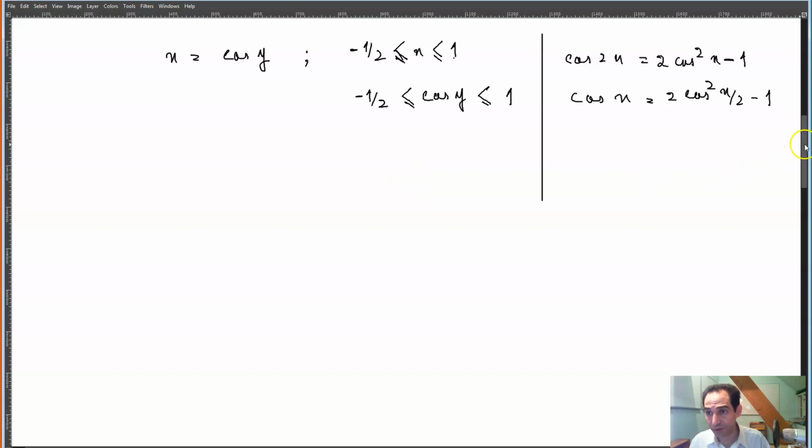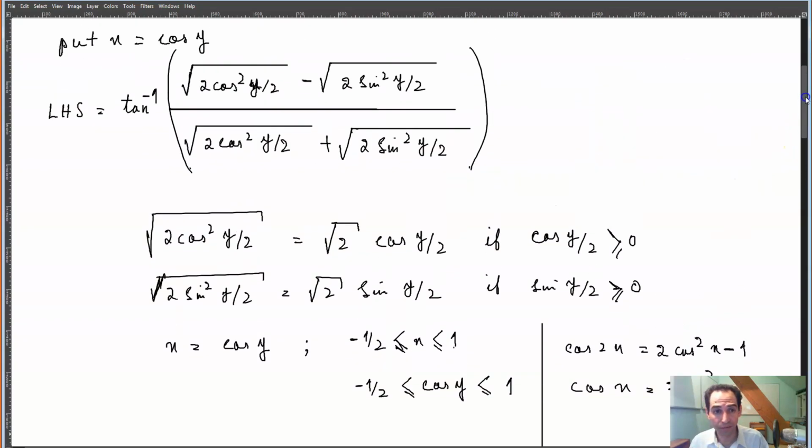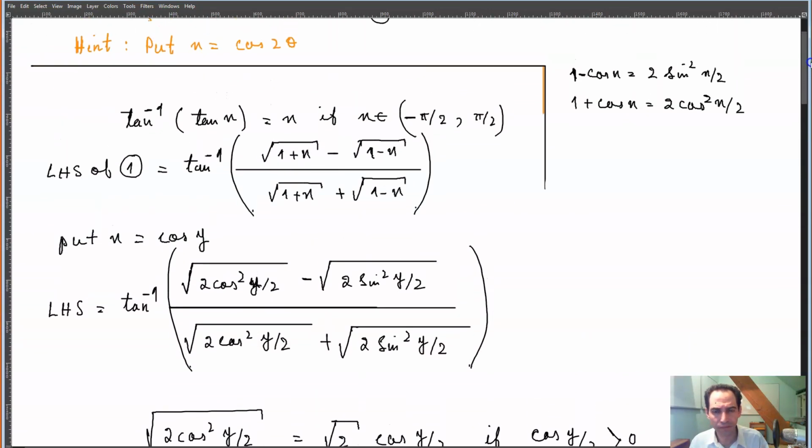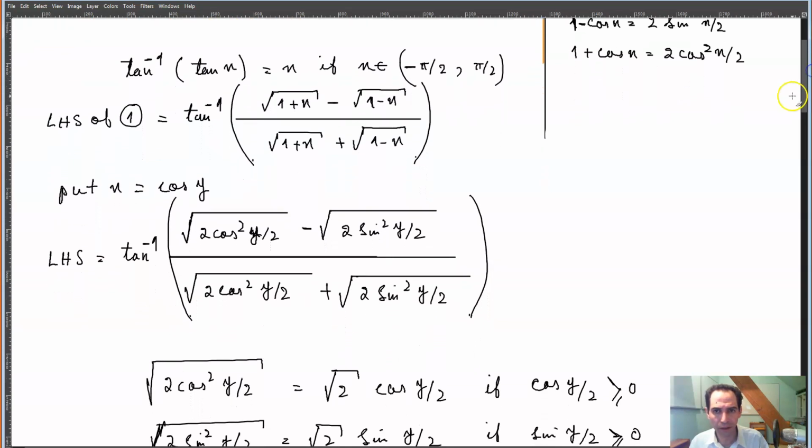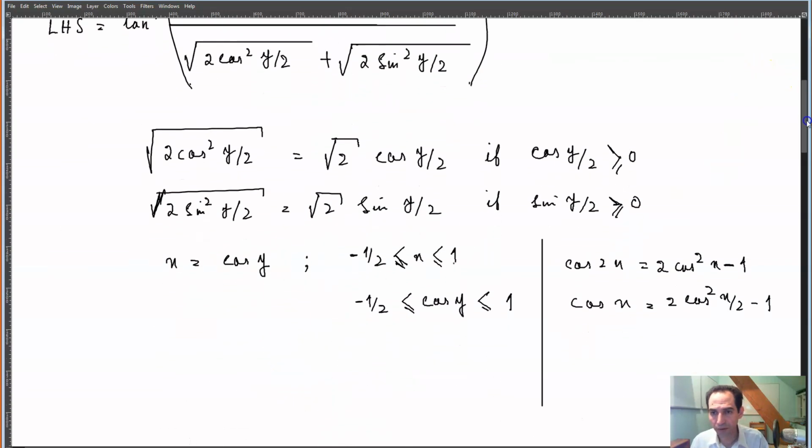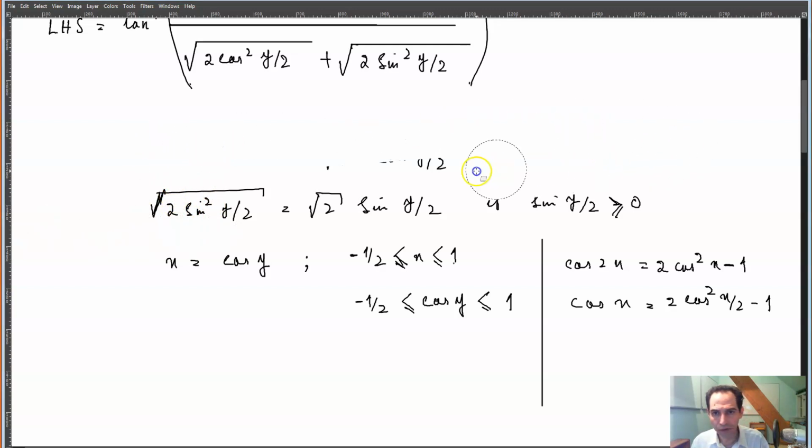Now let's see if we can do it in a different way. Now let's not use formulas, okay? I guess the formula is not helping me here. So let's not use formulas. Instead, what I can do,